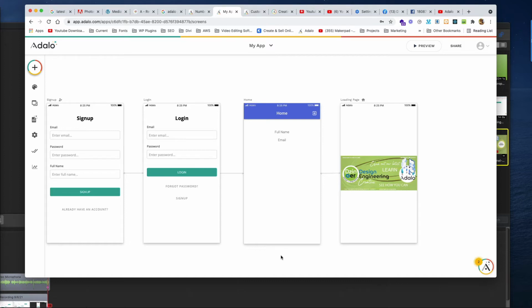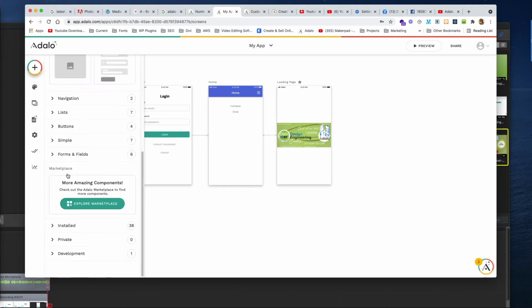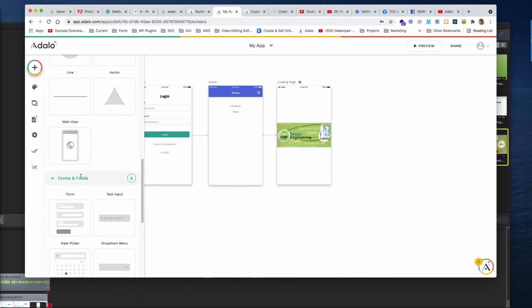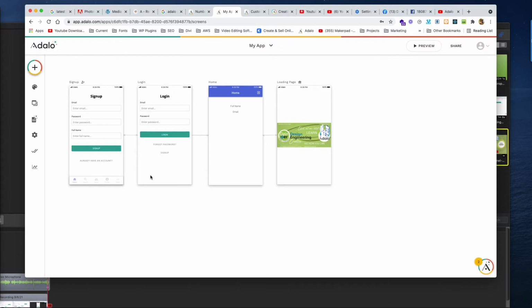So I'm going to create a quick way for you to edit your data, and I'm going to show you a cool way to do it. We can create buttons, images, shapes, shapes with images on them, or groups to create actions. But I'm going to create another thing to make your app look cool from the beginning. I'm going to go down to navigation, and I'm going to allow you to create a little navigation that goes on the bottom